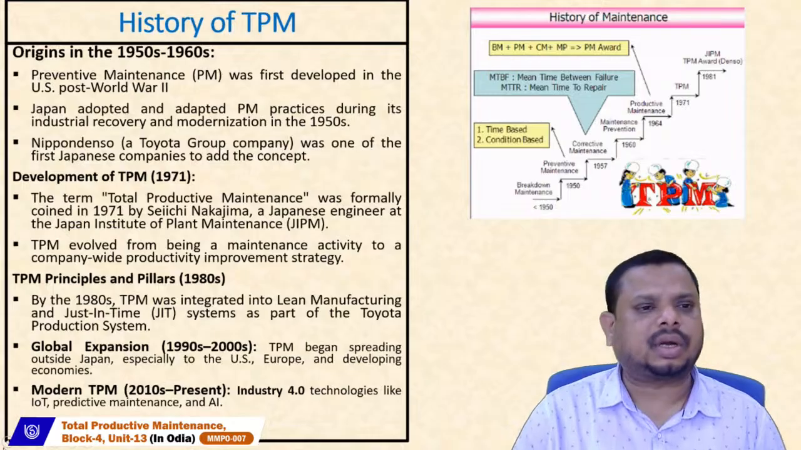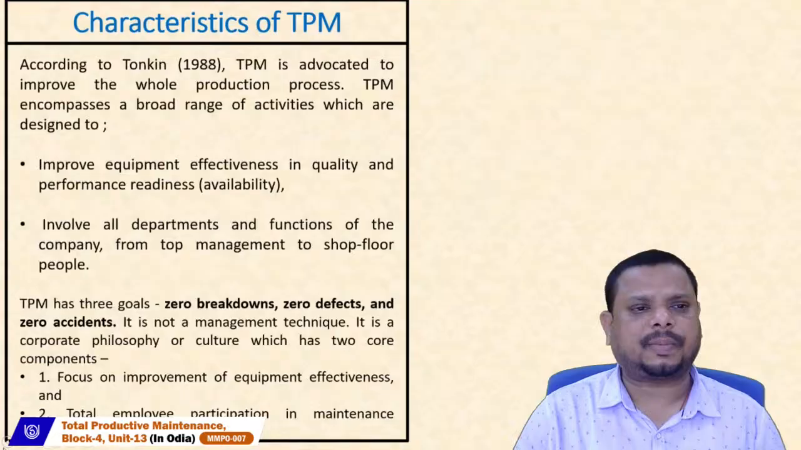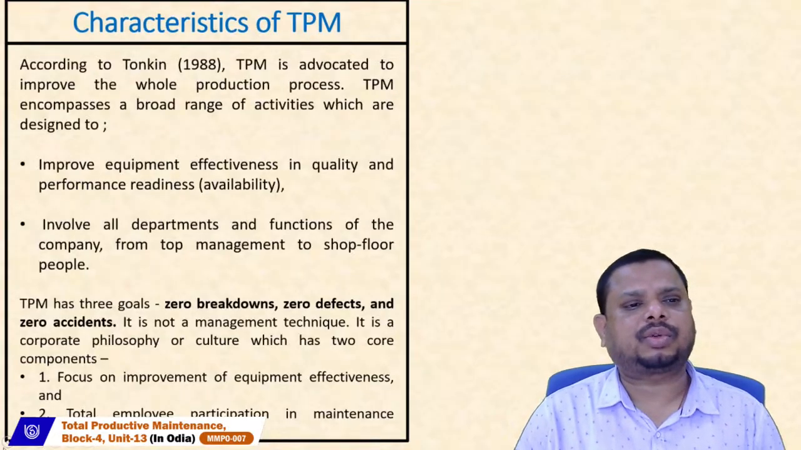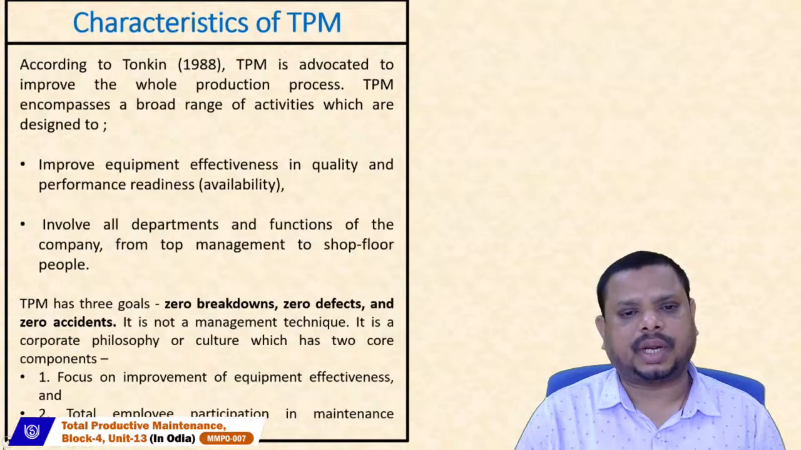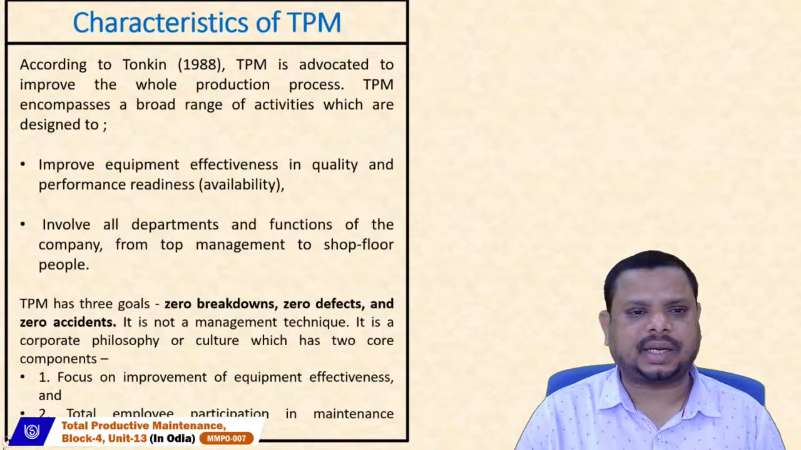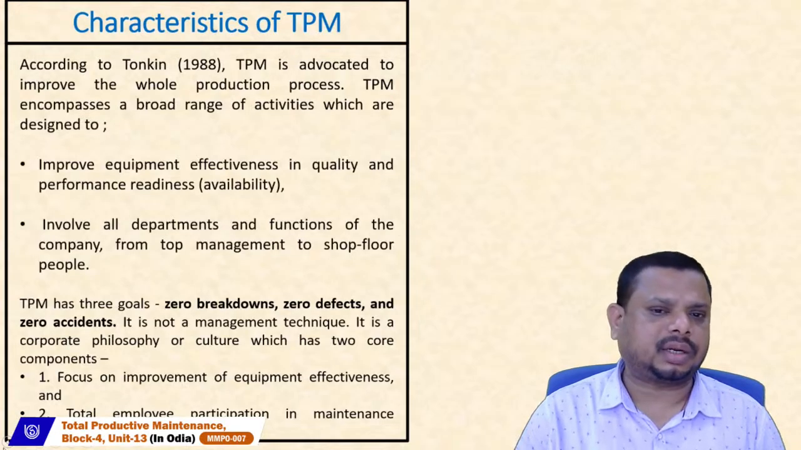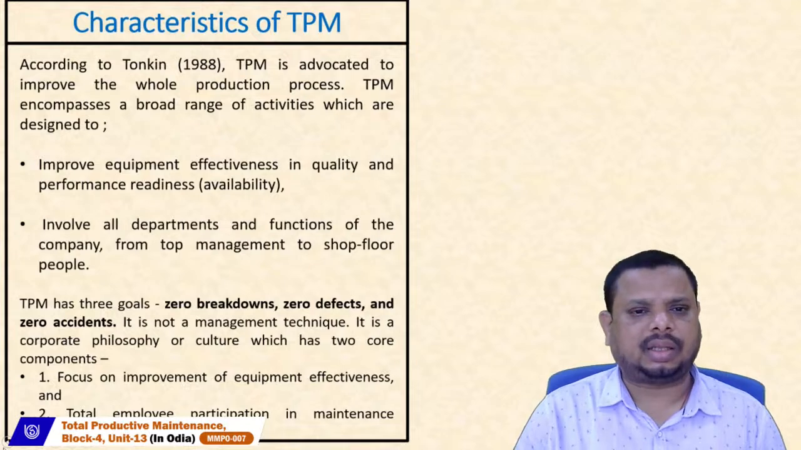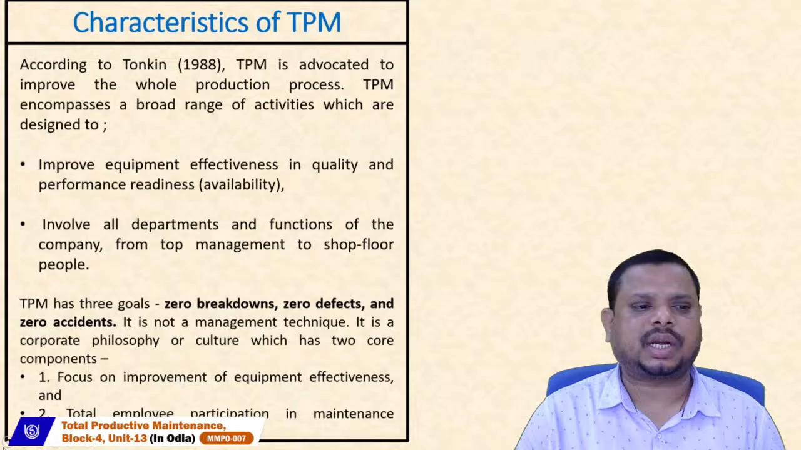So this is the entire summary of the history of total productivity maintenance. Moving to the next one, that is known as the characteristics of total productivity maintenance. According to Tompkins, in the year 1988, TPM is advocated to improve the whole production process, and TPM encompasses a broad range of activities which are designed to